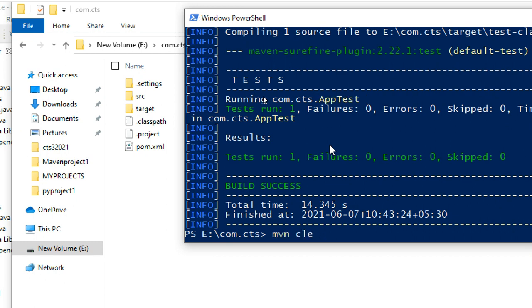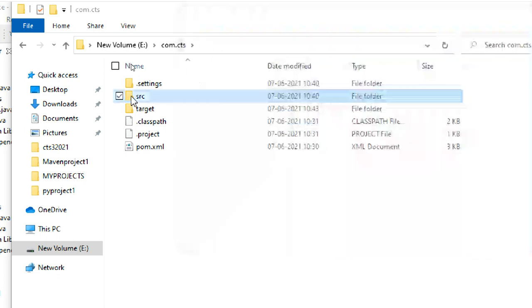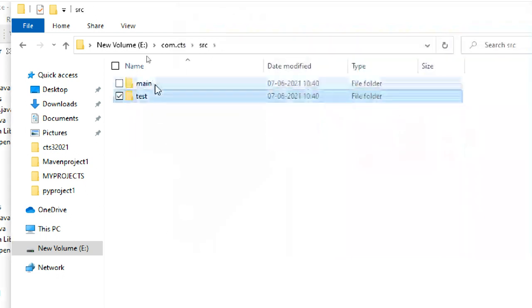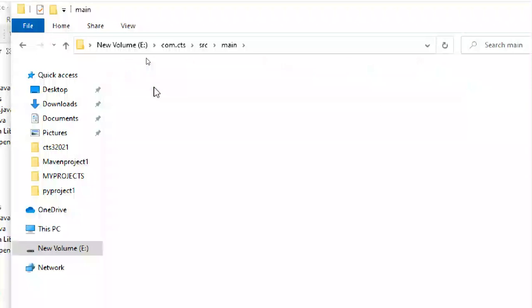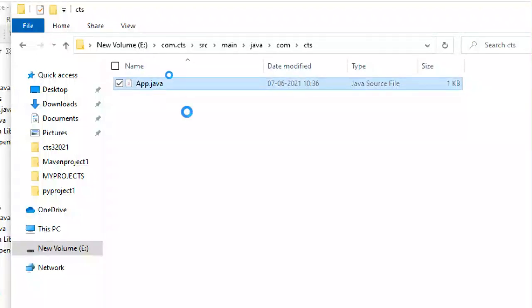Next one: before the install command, it is better to give clean install, then it will clean first. So when you give the install command, it will generate a jar file. This is your Java file, it is located here.